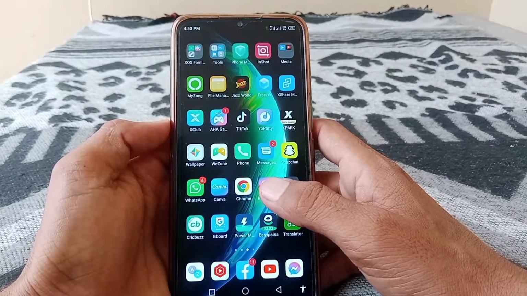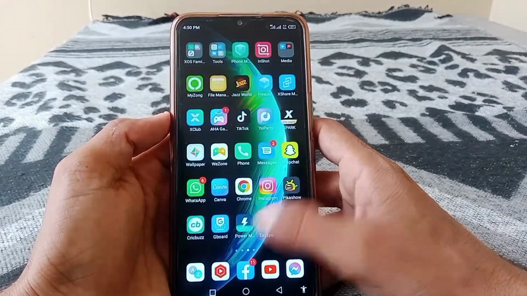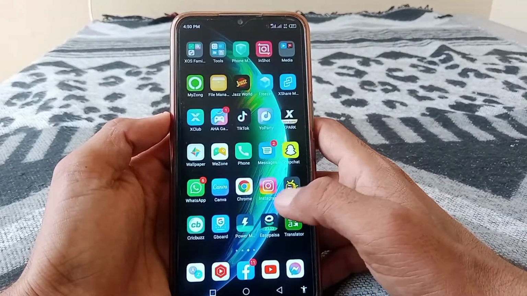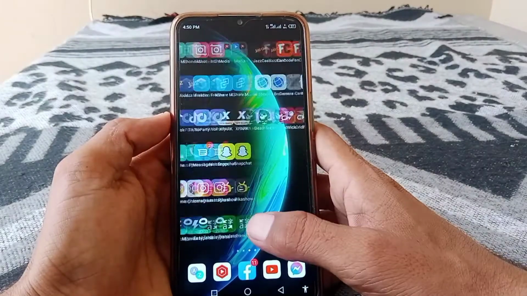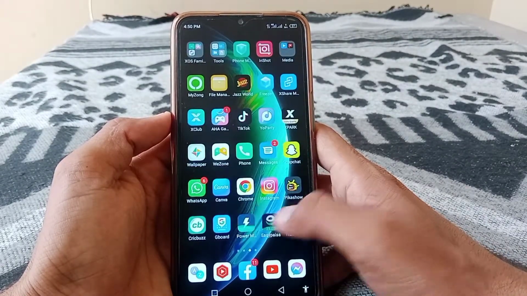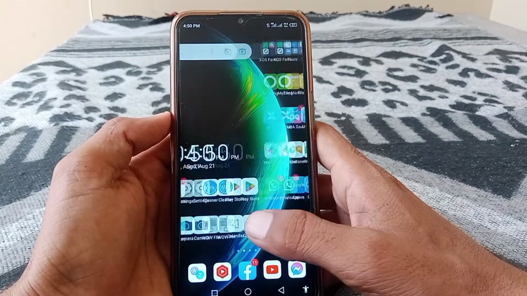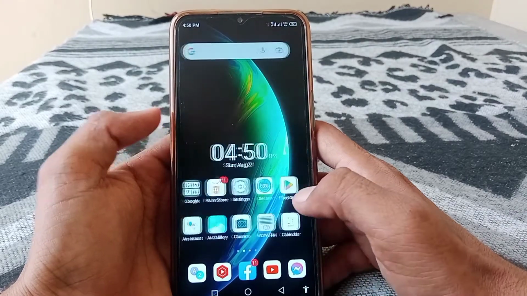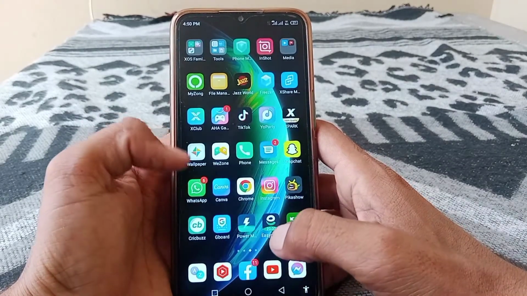So guys, in this video I'm going to be showing you how to fix black screen or white screen on your Instagram. If you are facing black screen or white screen on Instagram, then I will show you how you can fix this issue. So first of all guys, what you need to do is just simply open Play Store,